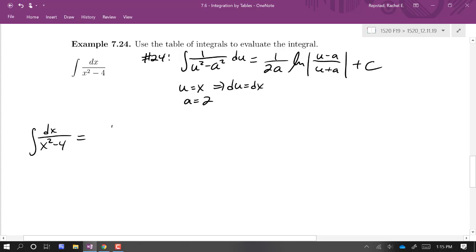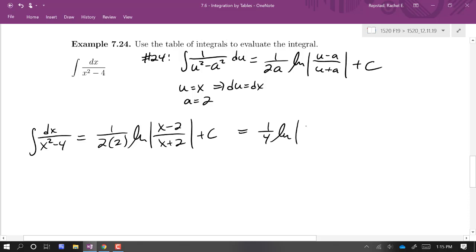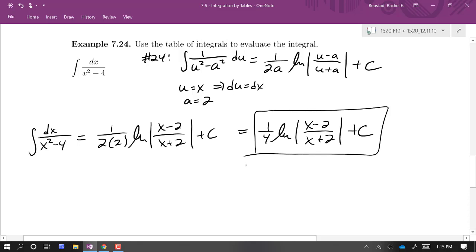So 1 over 2a is 1 over 2 times 2 ln absolute x minus 2 over x plus 2. So we get 1/4 ln absolute x minus 2 over x plus 2. Okay, that was a lot of hard work. One more. Interesting. We'll do this one more, and then